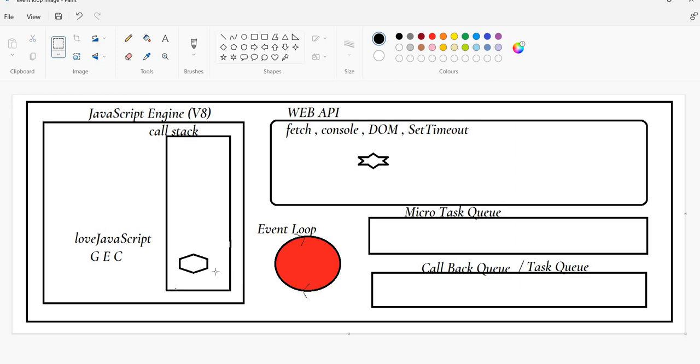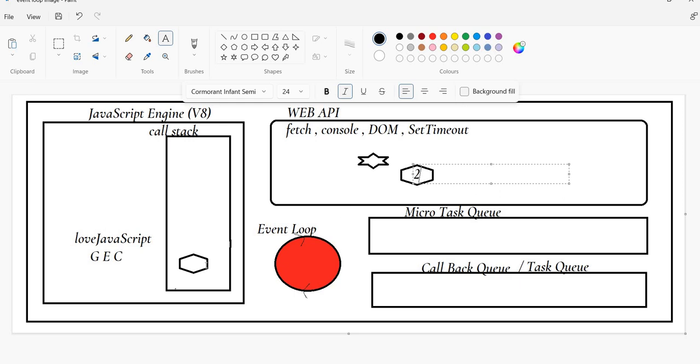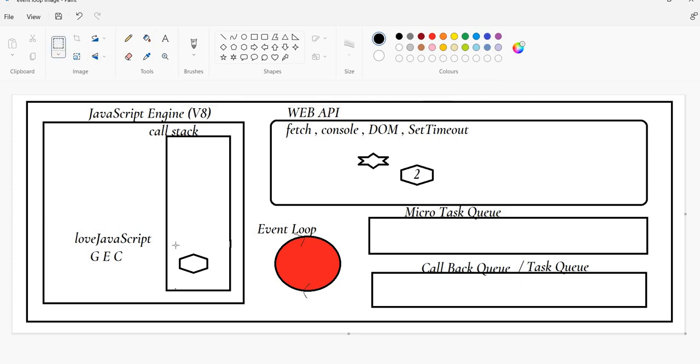At the time whenever we are executing this callback 1, we are initiating task 2. So what will happen? It will attach another callback function in the web API for callback 2. Just give a symbol like this is for 2, this is for 1. After attaching the timer 2, the callback 2, and once it is done, it will be gone. Once it completes 5000 milliseconds, again it will come to the callback queue,